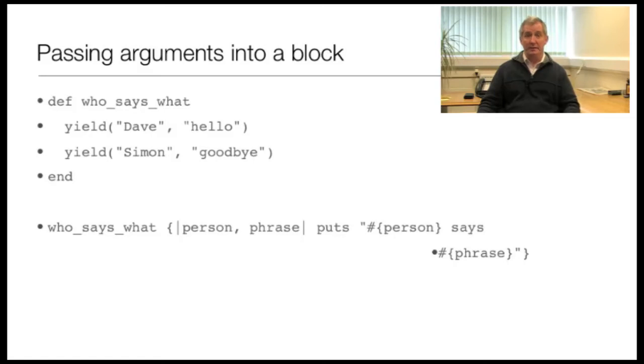Two arguments, and then print out something where again the evaluation of the first argument is substituted into the string, followed by the evaluation of the second argument. So now we've got something a little bit more interesting, because each time that yield passes control to the block, it passes control with values of two arguments. So we actually get slightly different behavior each time. Trivial in this example, but when we come to using Rails, we'll see this is an incredibly powerful technique for